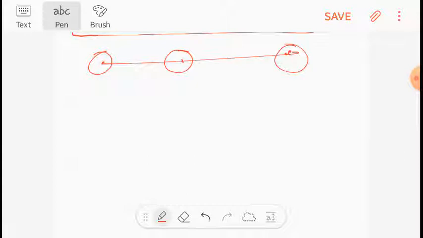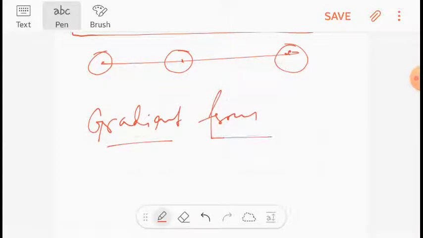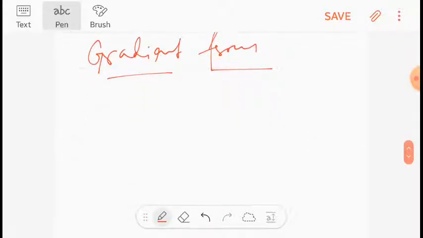Now there is one form, that is gradient form. Okay, so gradient form is, just understand the concept, the problem will be solved automatically. Okay, gradient form. So let the straight line AB make angle theta with x axis and intercept of length